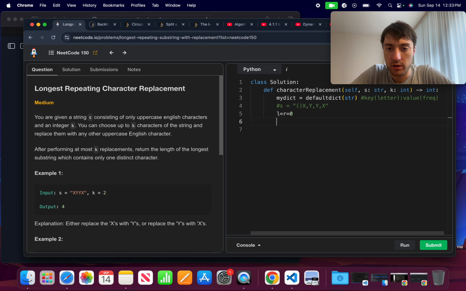And now what I should be able to do is try to move my right pointer over. So I want to process this. So how do we process? While right is less than length of s, okay,